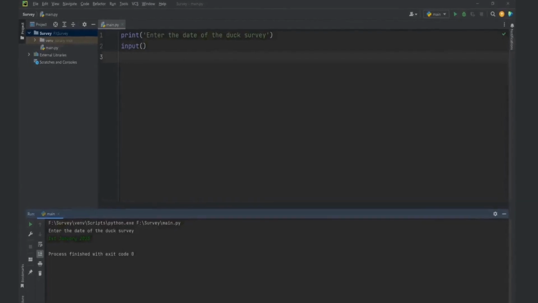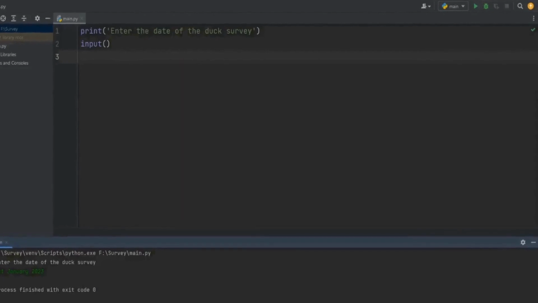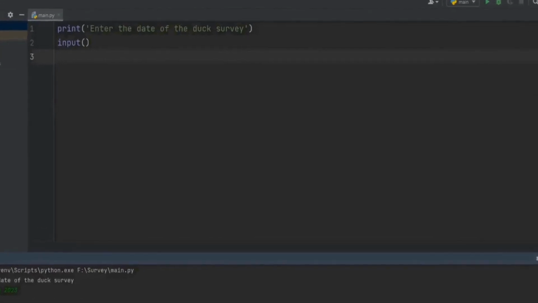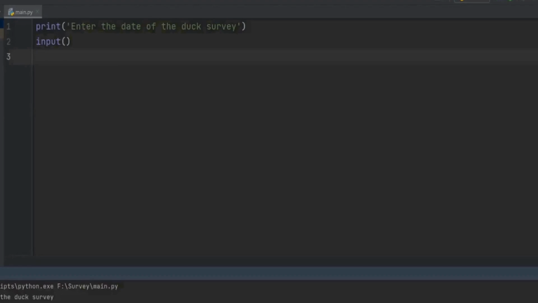Okay, at present we've written 2 lines of code. The first line prints a string of words on the screen to tell us to enter a date, and the second line gets whatever I've typed in using my keyboard. When I run the program, Python starts at the first instruction and continues in sequence until the end, and that's